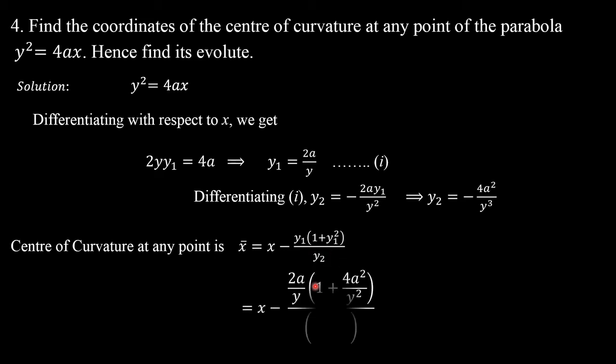Just substitute the values of y1 and y2. What is the value of y1 at any point x comma y? It is 2a by y into 1 plus y1 square. The value of y1 square is 4a square by y square, divided by y2. y2 is minus 4a square by y cube. Just simplify the equation, students, so that you get the x coordinate of the center of curvature at any point to be 3x plus 2a. Now let me find the corresponding y